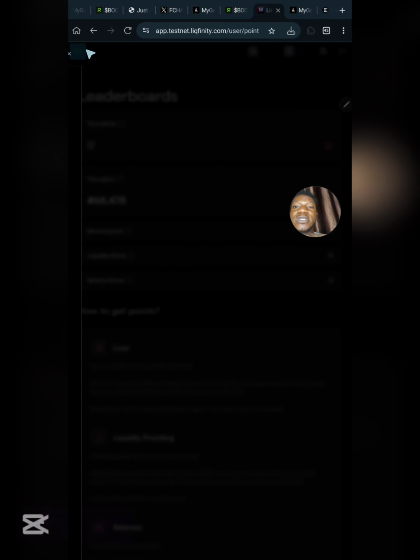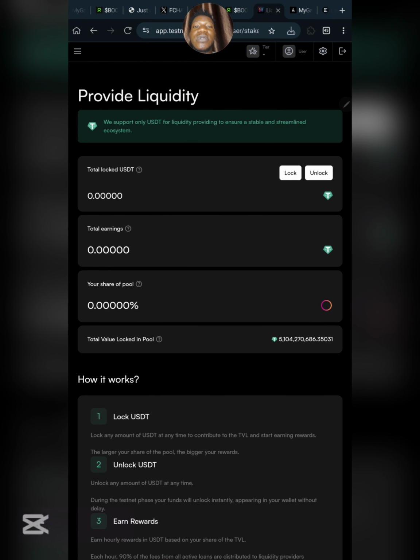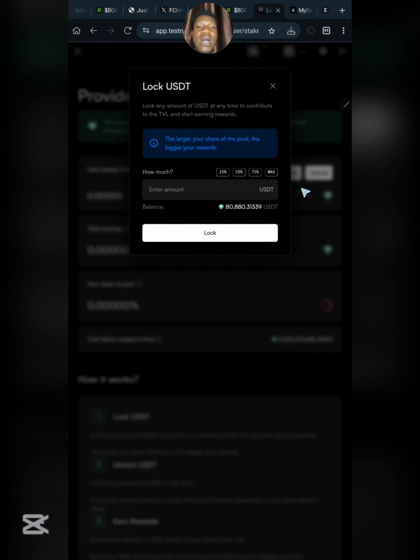So when I click on these three dots again, what I need to do is simply go to provide liquidity. Over here, guys, on the provide liquidity section, you provide liquidity just like you do on DeFi. So you click on lock, and once you click on lock, you need to lock some tokens right here to provide liquidity. I will click on 75% to lock a certain amount of USDT, testnet USDT.